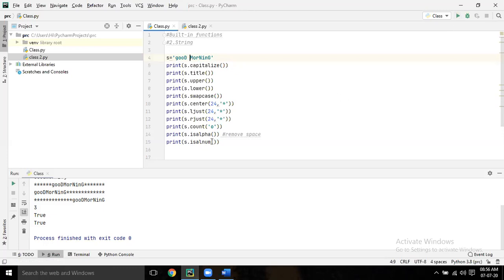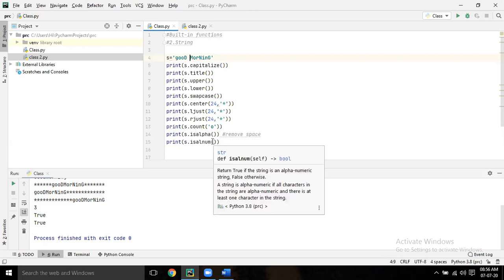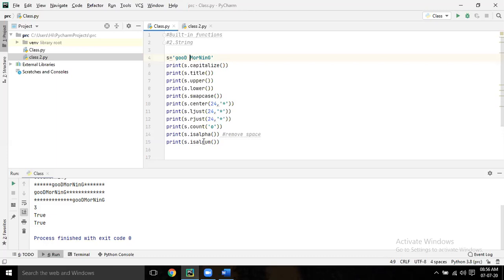Alphanumeric means number or string or character, whatever. You write only isnumeric. Now run it. So false, this is not numeric. If you give only 1, 2, 3, then it will become true.